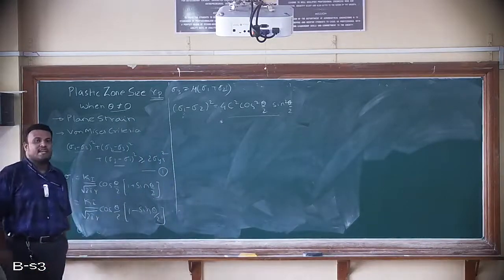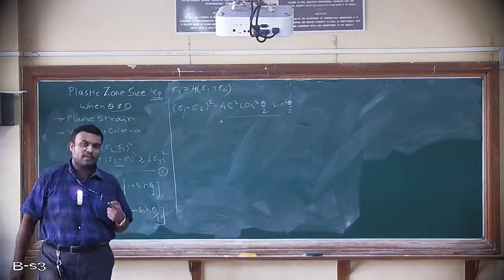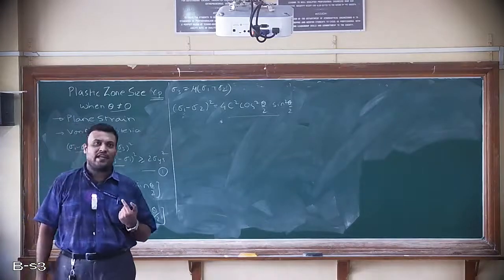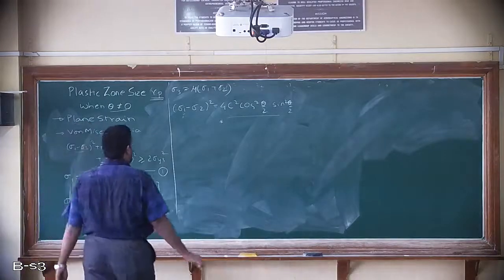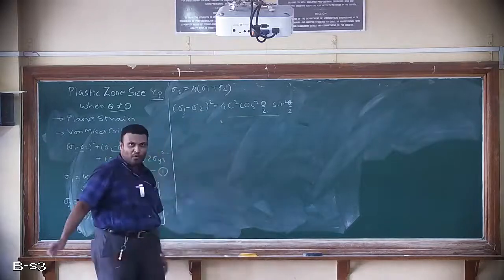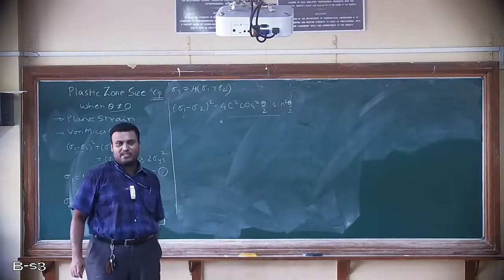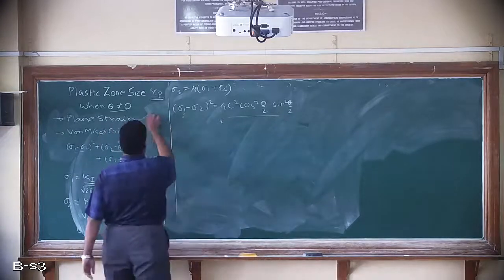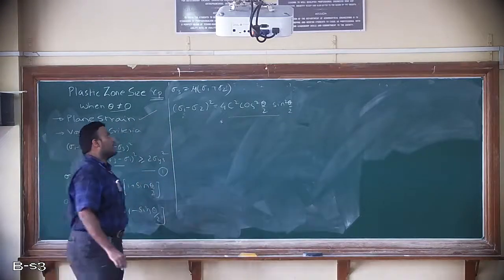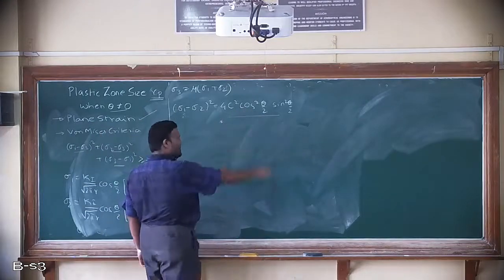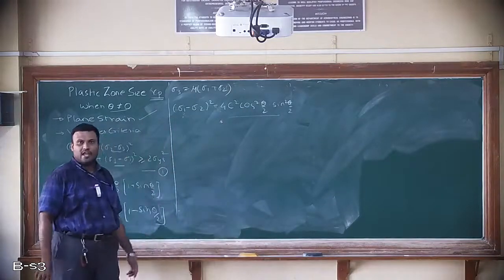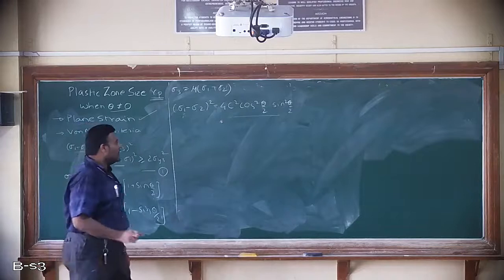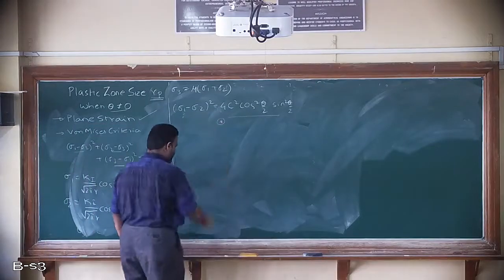If this derivation is asked for both plane stress as well as plane strain, then you can write this as it is over here, taking from the first part. But if the derivation is asked only for the plane strain condition, then you need to again derive this expression like how you derived it for the plane stress condition. That thing you need to remember here. Clear?